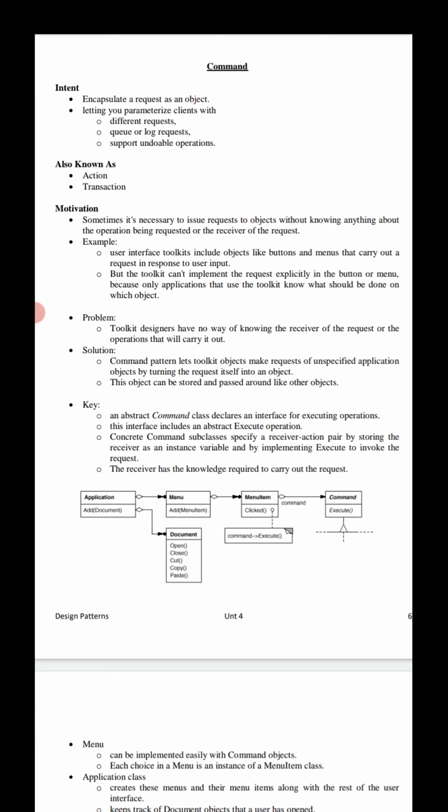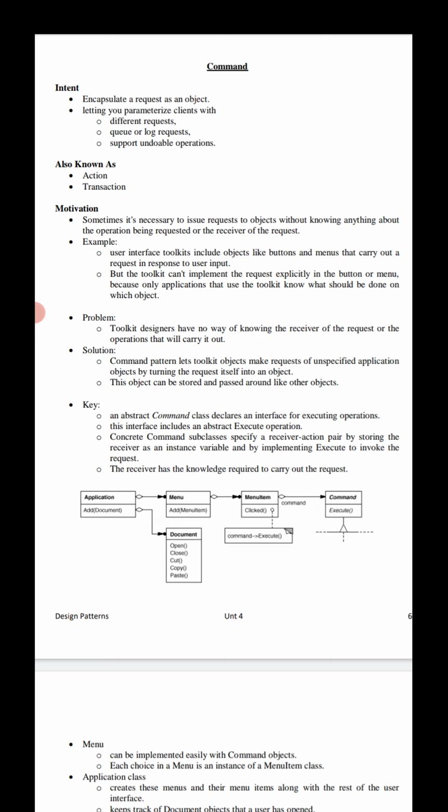Here the main intent is to encapsulate a request as an object. First of all, a sender sends a request as an object to the receiver object. What does encapsulation say here? It refers to the bundling of data, handling one unit of data with the methods that operate on that data, or the restricting of direct access to some of an object's components.